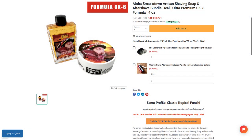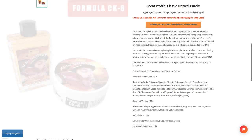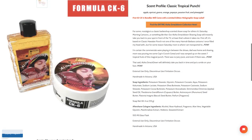Well, are you looking for another shave soap for that summer shave? Well, it's back. Aloha Smackdown from Phoenix Shaving, a much-loved epic summer seasonal returns. Here's the scent profile: classic tropical punch. Yup, that simple. But they go on to say, if I must break it down: apple, apricot, guava, orange, papaya, passion fruit,